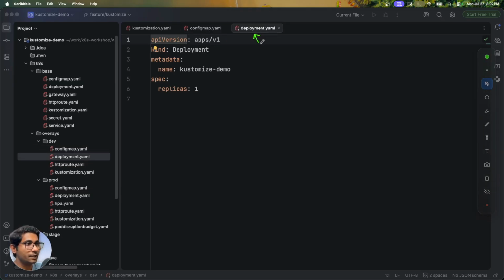So in the same way, if we check the deployment.yaml, which is coming from the dev overlay, we can see that it is only defining the replicas. So in this case, it has the same replica count of one, which is the same as the base. But the idea here is that you don't need to provide the whole deployment.yaml. You just need to define the changes that you want to override. So if I change this to 2, then that means in dev, I want to override the base replica count